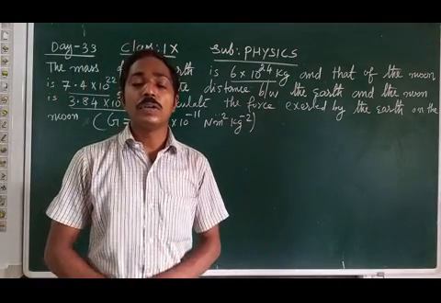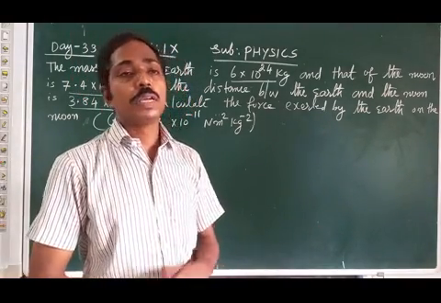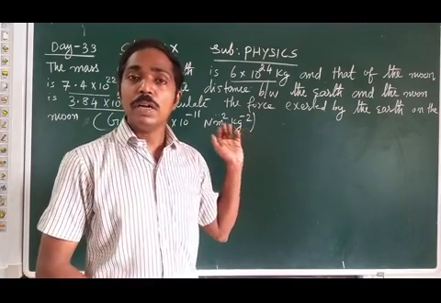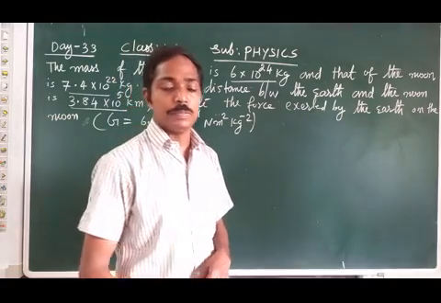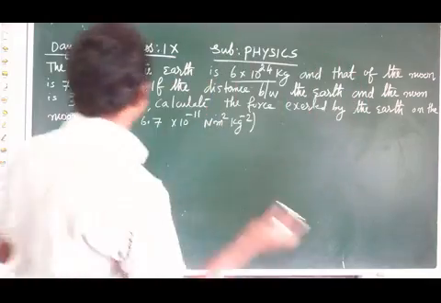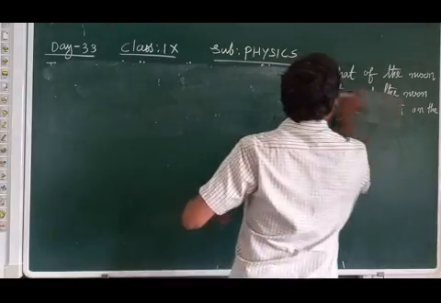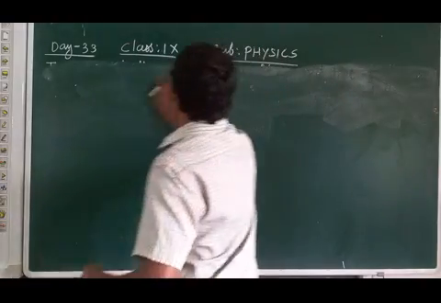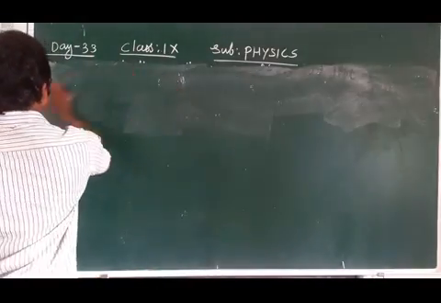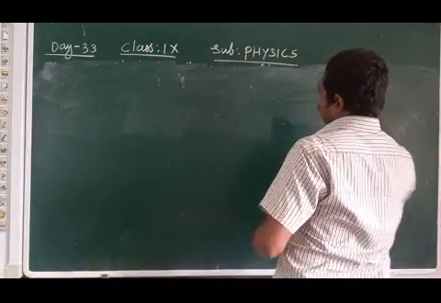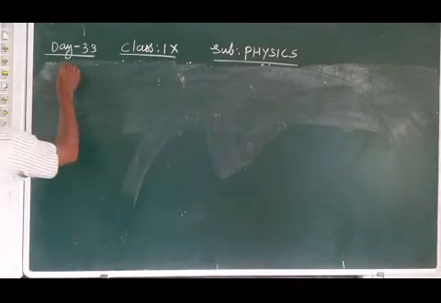We studied according to the universal law of gravitation, every object attracts every other object with a force. Here there is a force exerted between earth and moon. That force only we are going to calculate using that equation. Now we go for the steps of the problem. Given: